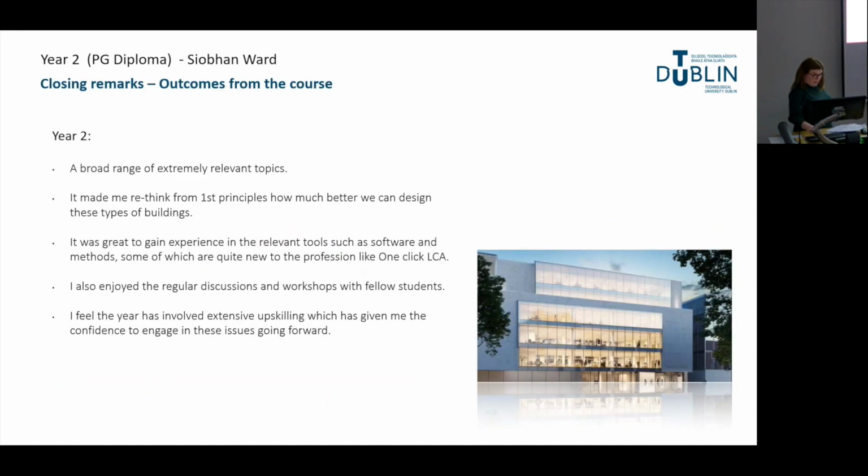So I think that's the project really. I think you can see there's a broad range and a lot covered in year 2. I joined for upskilling purposes, and I definitely feel, particularly with this year, it was extremely relevant for me. And I know when I was last designing this type of building was probably about 8 years ago. But back then, when I think of it now, we were, for different reasons, I suppose, we